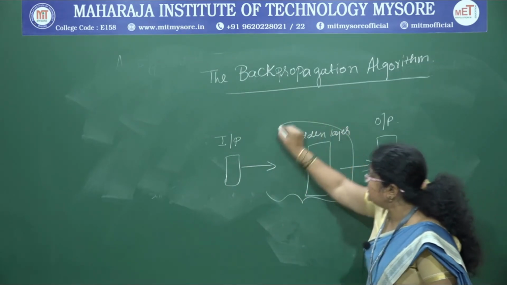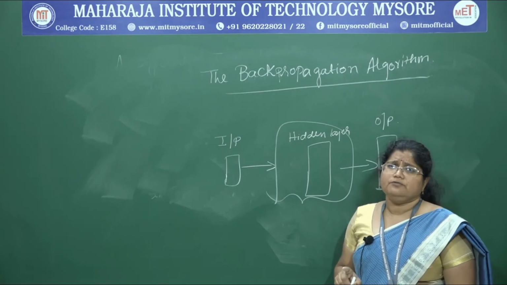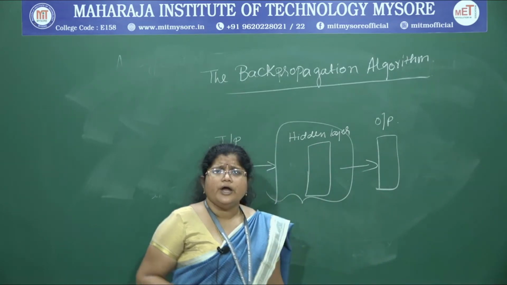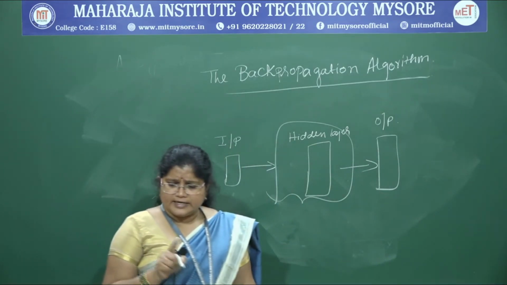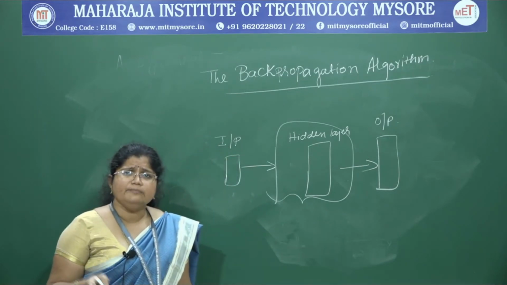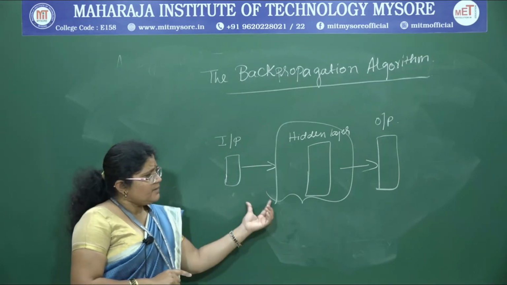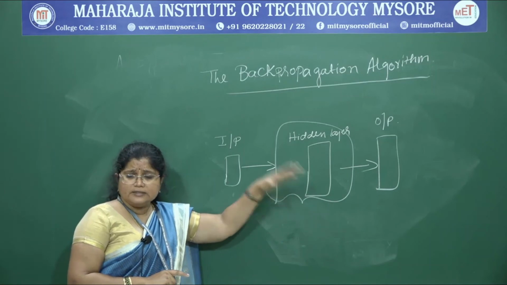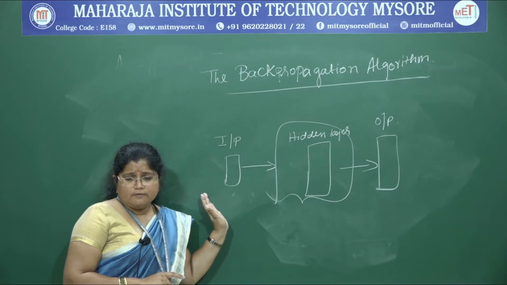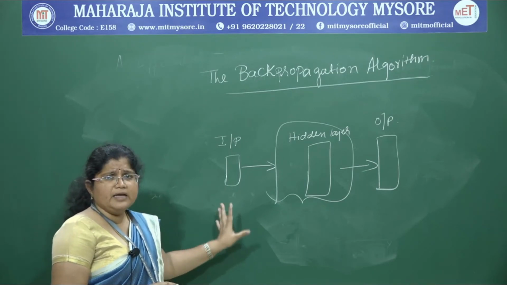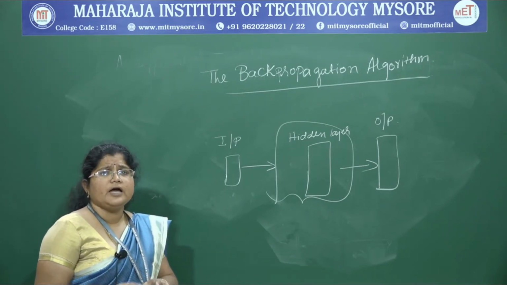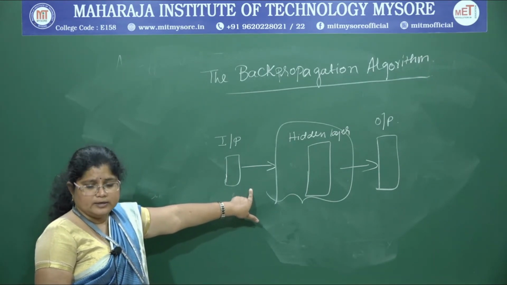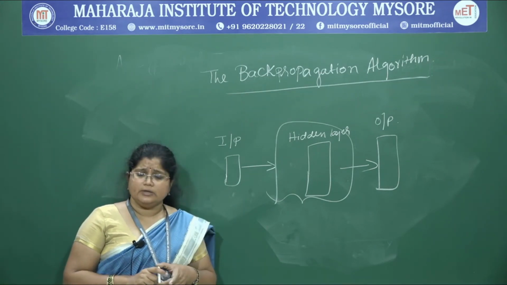How many hidden layer units are required? That information is going to be provided by the backpropagation algorithm, and it also employs a gradient descent and attempts to minimize the squared error between the network output values and the target output values. So that is the main functionality for which we adopt a backpropagation algorithm for this multi-layer neural network.